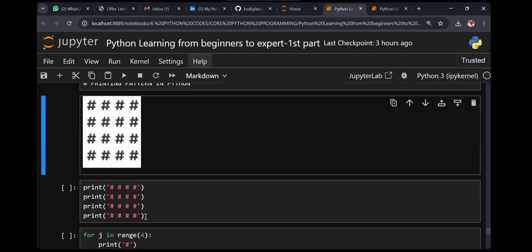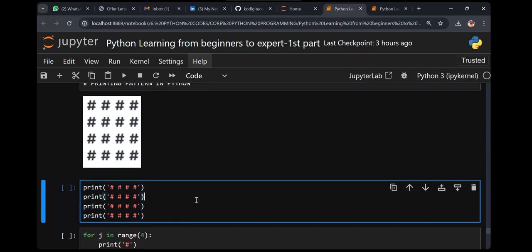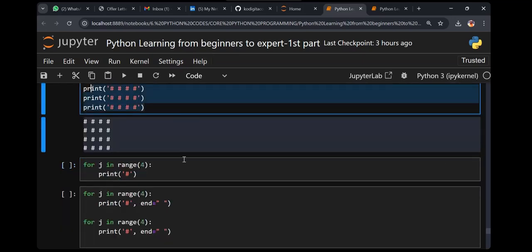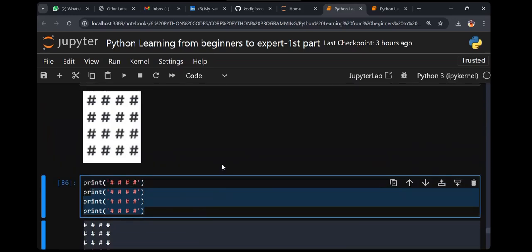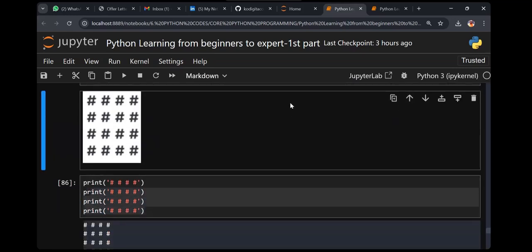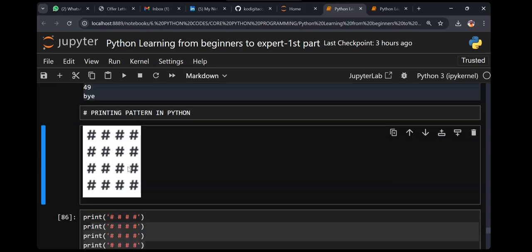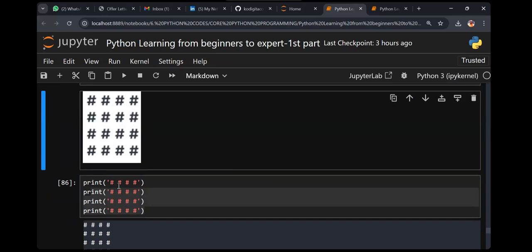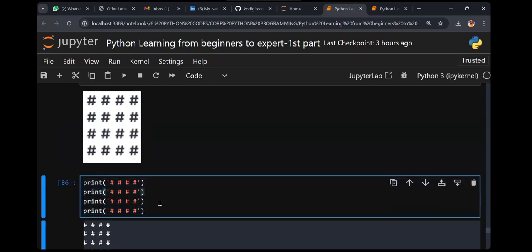So how do I do this? Very simple. Can I print like this? Just go and execute. I can also print like this. Am I correct or not? So what is the question? The question says, print this pattern. But if I say 4 rows and 4 columns with hash, or you can write a star, print 4 times. But if you say, can you please print 1000 hash like this? Okay, this is highly impossible. Again, we need to do it manually.